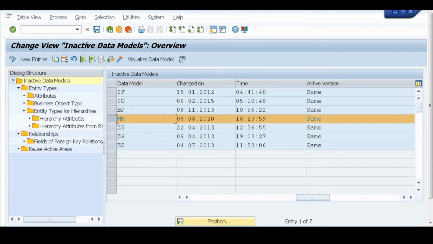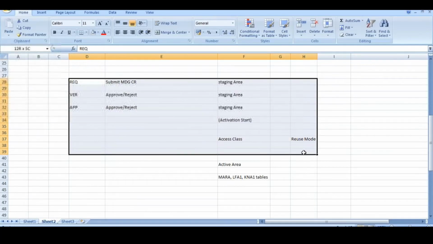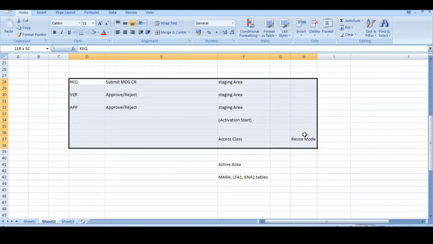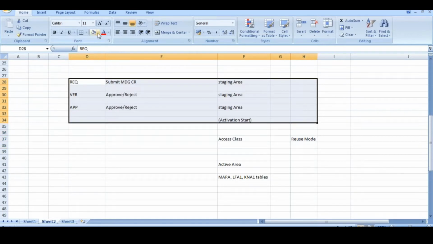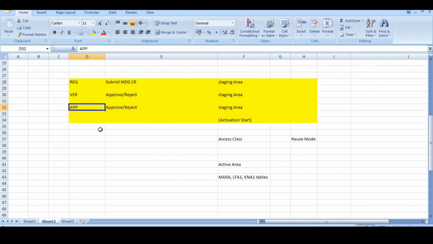Like, for example, here is the example. Let's say this is your MDG process till activation, where you have requester, verifier, approver, whatever it is. But ultimately in MDG, you add one field called Y_TEST_01. Now, whether you need this field Y_TEST_01 in the respective database table or not,